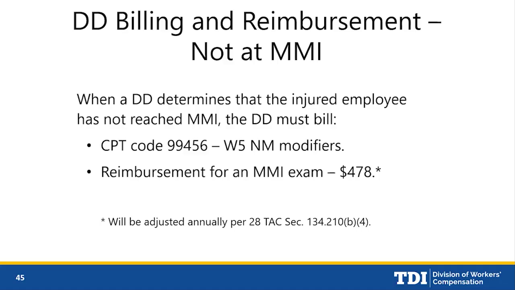If it's in one of the underserved areas of the state, the insurance carrier, they're going to get your bill, and they're going to add that extra 10% reimbursement. So also, you'll see an asterisk as we move along. You'll see that asterisk next to the dollar amounts because these could be adjusted annually based on the Medicare Economic Index. So keep that in mind as we're moving forward.